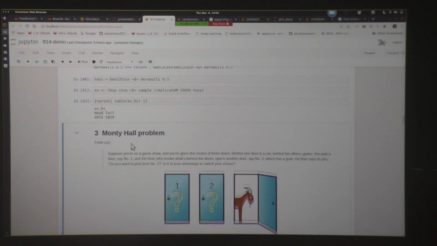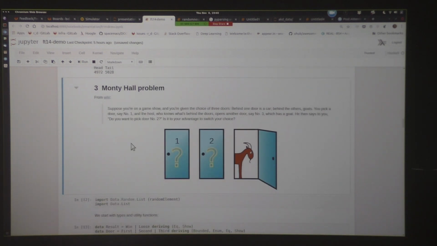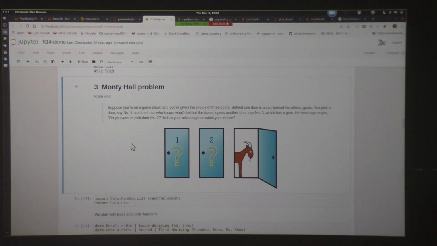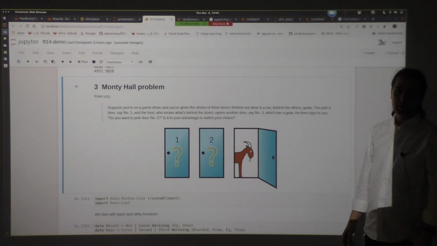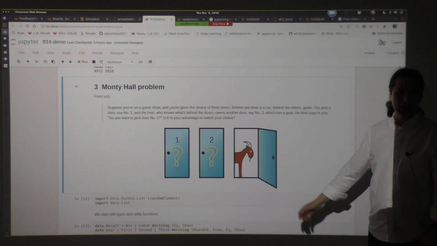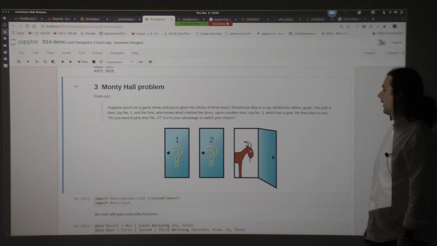Okay, but that was also simple. A bit more complicated problem is the so-called Monty Hall problem. Probably some of you heard about that, but I guess not everyone, so I will just describe it shortly. It's a kind of show, a game, where you choose one of the doors from 1 to 3. Behind one of the doors is a prize, let's say the car. Behind the two other doors are goats, you lose.